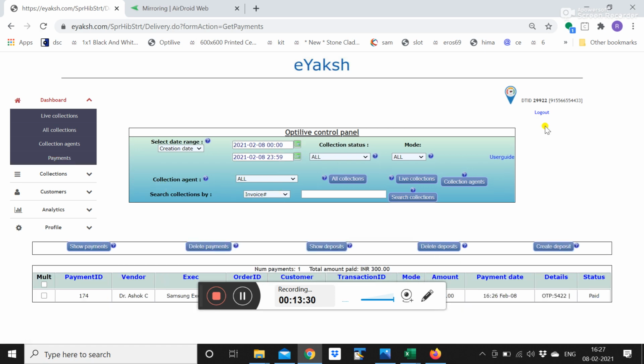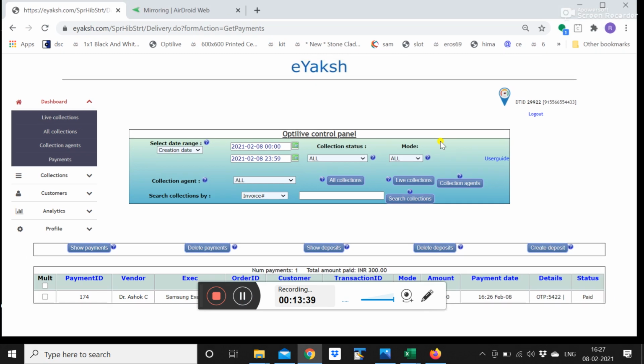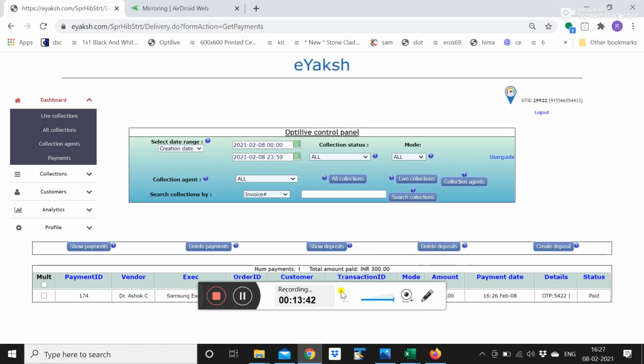So payments will show you who is the Flebo who has collected the amount, what is the customer name and the mobile number, what is the amount collected, and what is the payment date and time. You can see the collection has been done at 16:26. It is currently 16:27. So it immediately captures the timestamp along with the OTP shared with the customer and status paid. So you can actually select the date range. This is by default for that day. If you want to see the collections done for any particular date or a date range, you can select that, and the whole information would be populated on this screen.